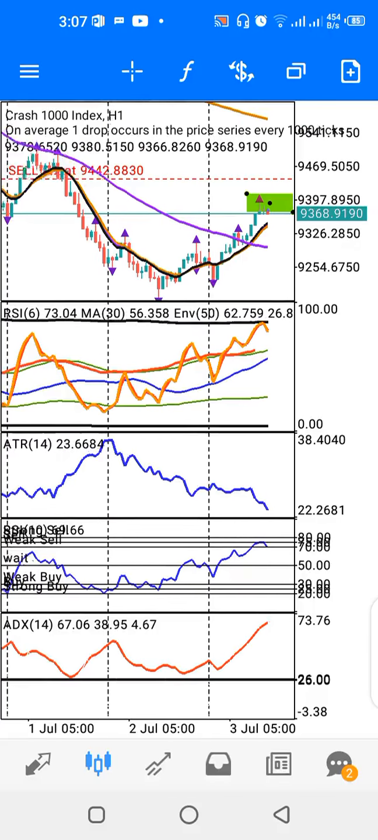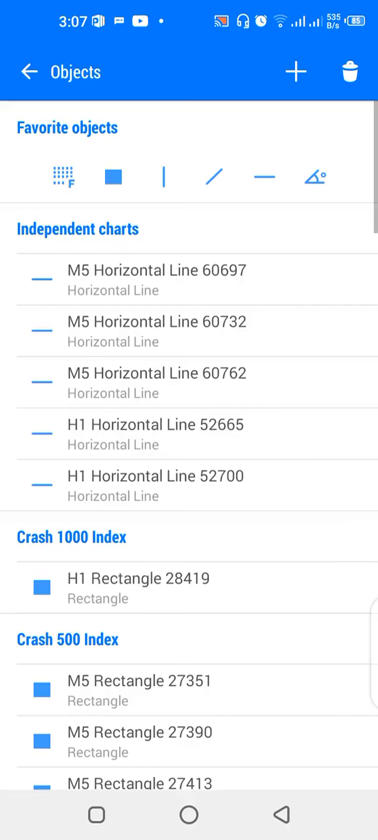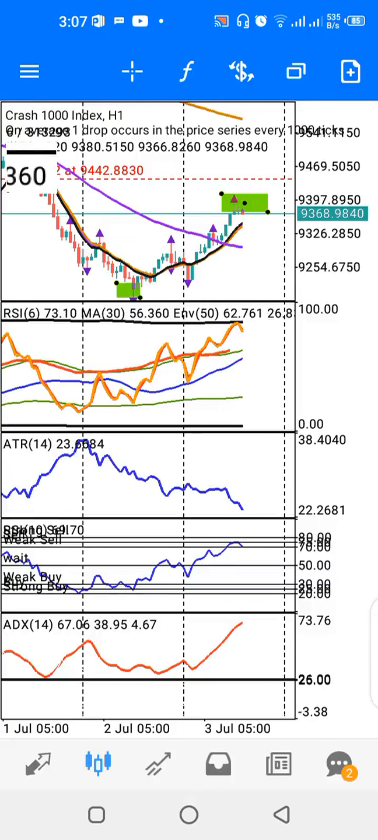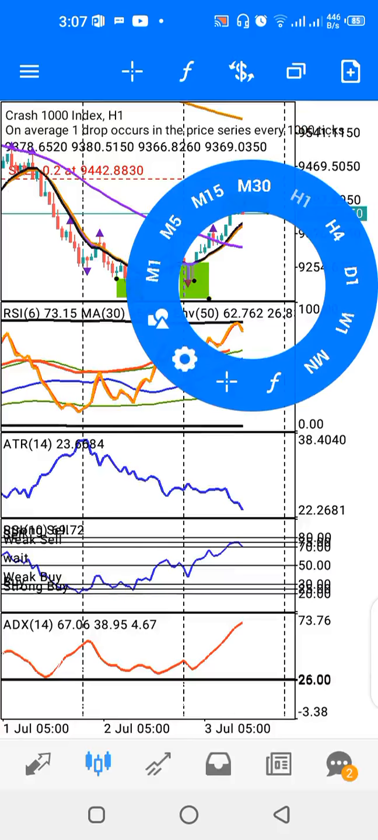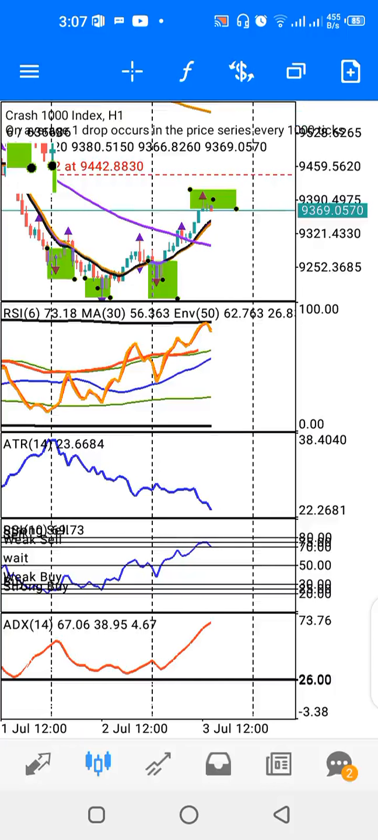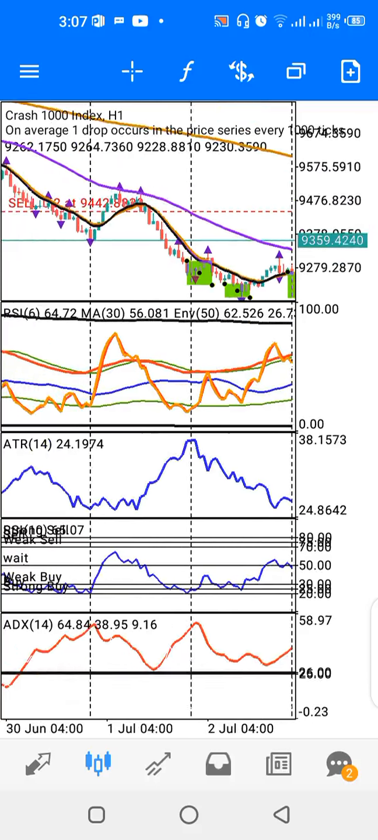But I can also see the formation of an inverted head and shoulder. This is the head, this is the shoulder, and this is another shoulder, and this has already played out. I expect it to reverse, but if it does not reverse, I will close the trade with a small profit. But that's not the case for this video. The essence of the video is for you to learn how you can use this strategy to trade crash 1000